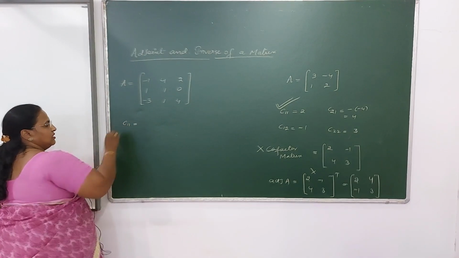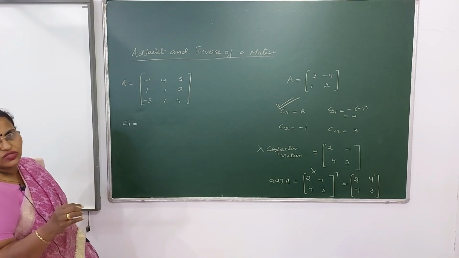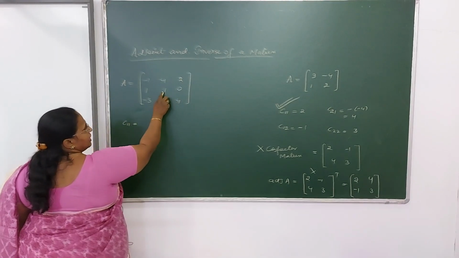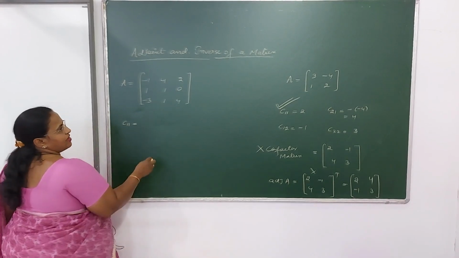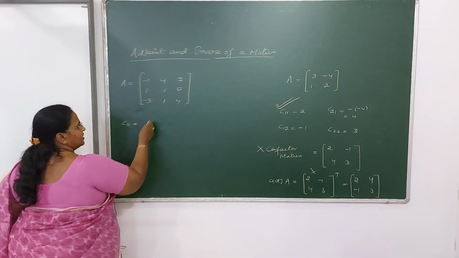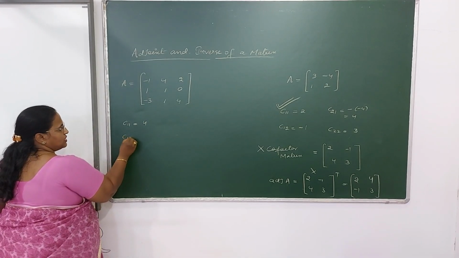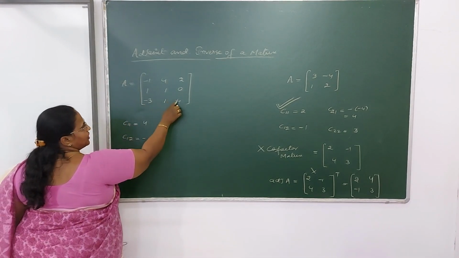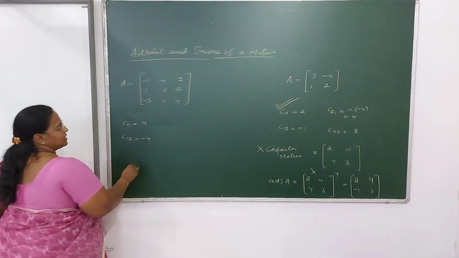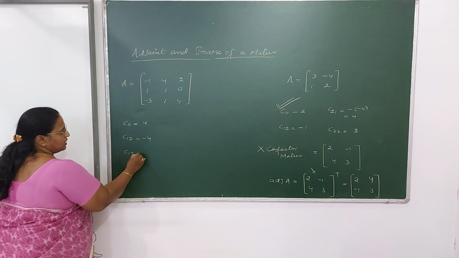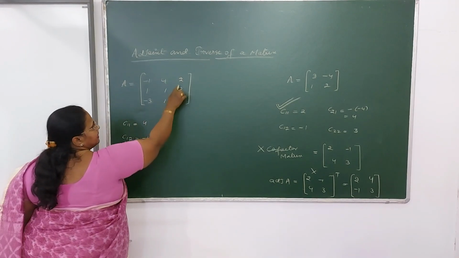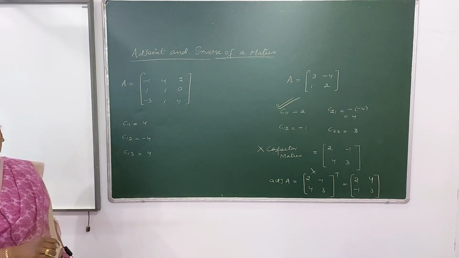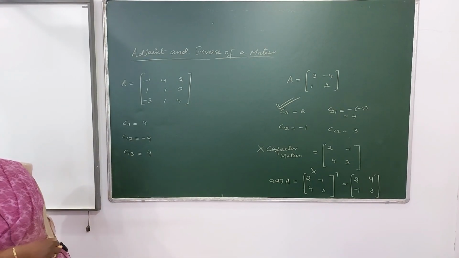So C11, 1 plus 1, even. So plus sign, nothing to mention. Delete the first row and the first column, calculate it. Product of diagonal minus off diagonal element. So it's 1 into 4, 4 minus 0, it's coming 4. Moving to the next one, C12, you will place a minus sign. Delete the first row and the second column. So it's 1 into 4 and this is 0. So that way it's minus 4. C13, first row, third column, delete it. So it's 1 minus of minus 3, it's plus 4. So that way you will be getting the cofactor of the very first row.